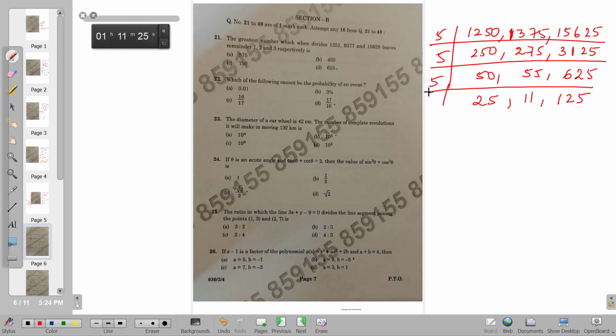It's not there in the options. Some mistake somewhere. Let's check. If you look at the answers, I can take more common factor from 25 and 125. This is where I am having a problem. Let's check there. 5 times 2, they have 37. 37 means what? 37 means 5 times 7, 2 5s. Okay. Then 5 times 5, 55. This seems to be correct.